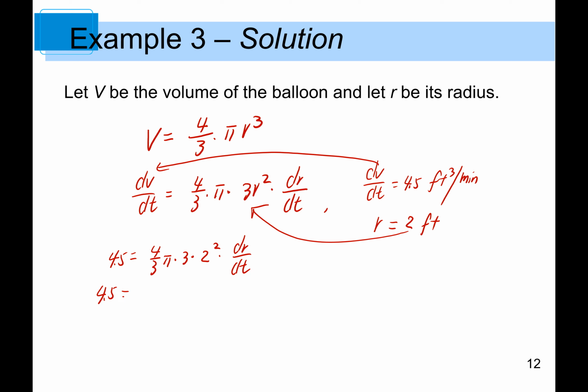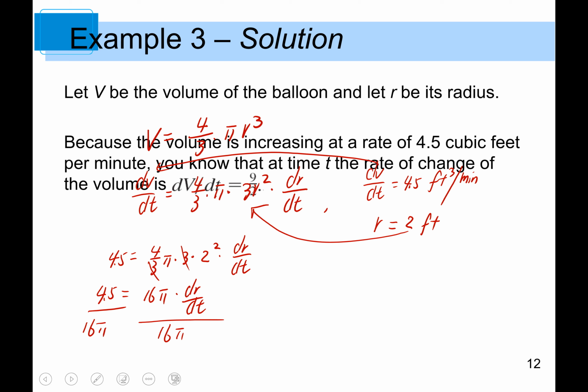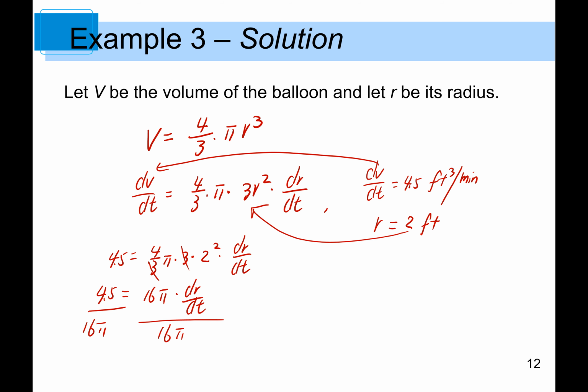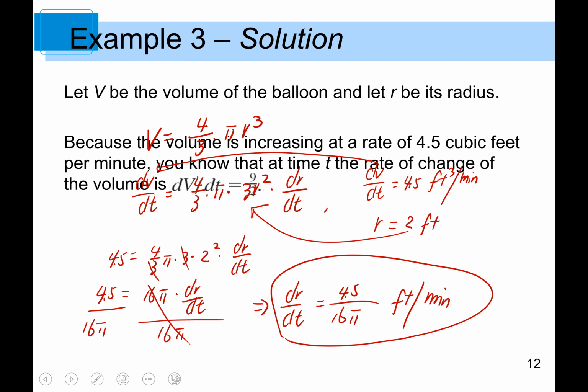Simplify the right-hand side, cancel that, and we end up with 16 pi times dr over dt. Now divide both sides of the equation by 16 pi. Then you end up with dr over dt equals 4.5 over 16 pi. And this is in feet per minute, and that's the unit for the change of radius over change of time. This is a detailed solution, but you can definitely take a look at the solution from the